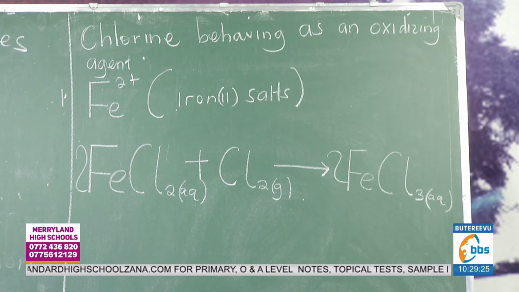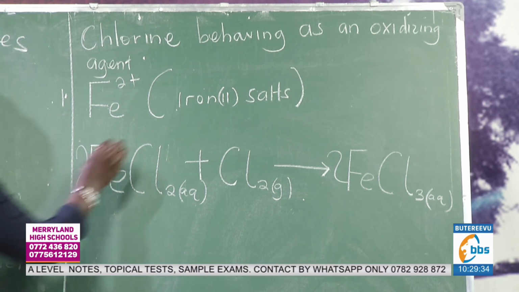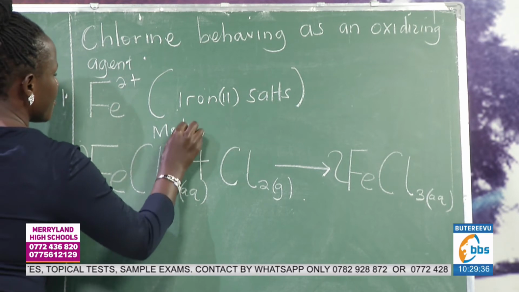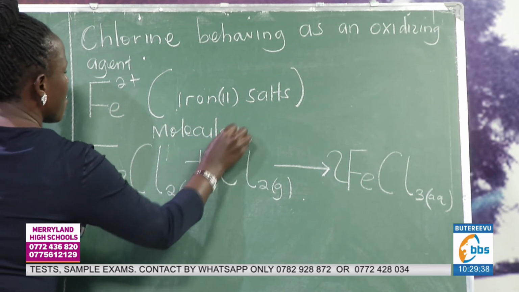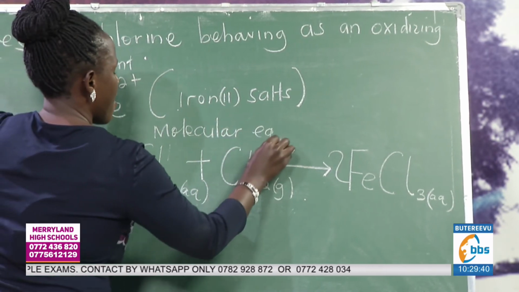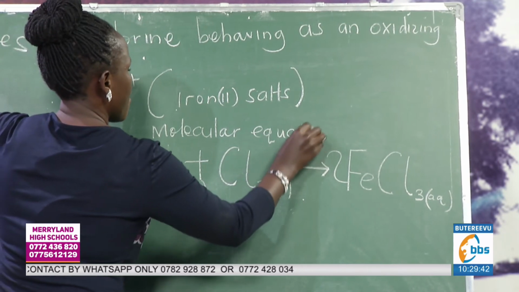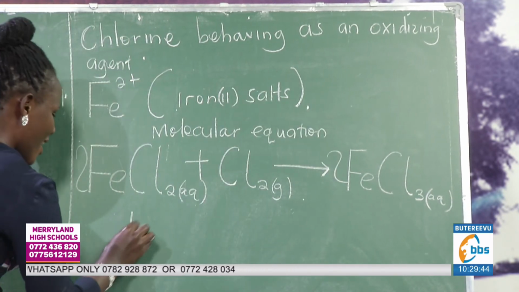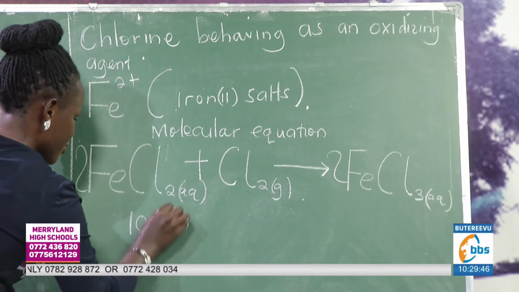So this is our molecular equation, if that gave me iron 2 chloride. But I can use this to form the ionic equation. Molecular equation. But if I wanted to form the ionic equation,